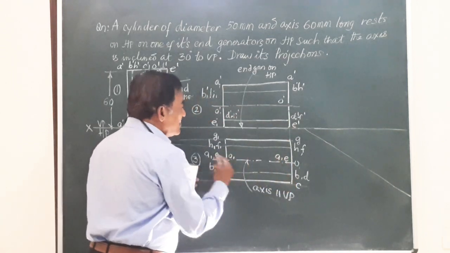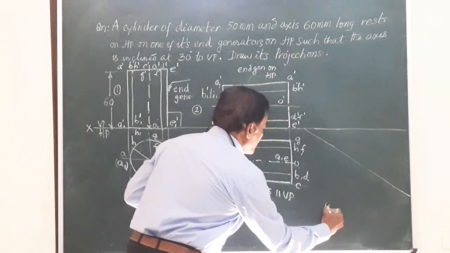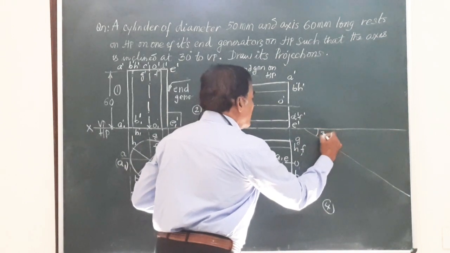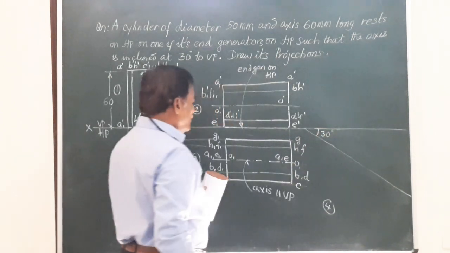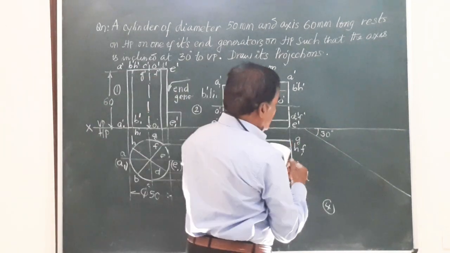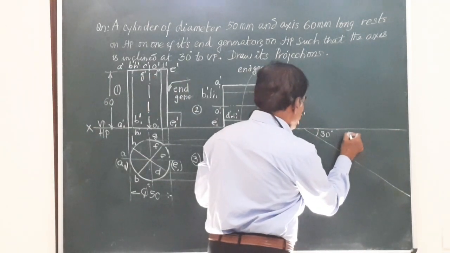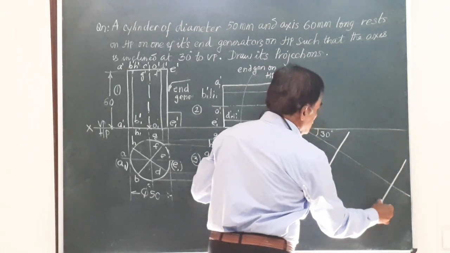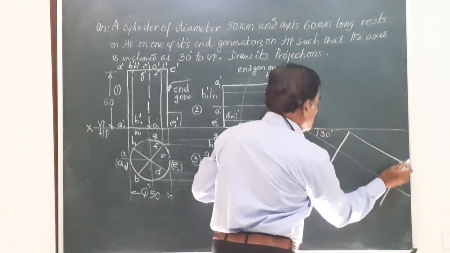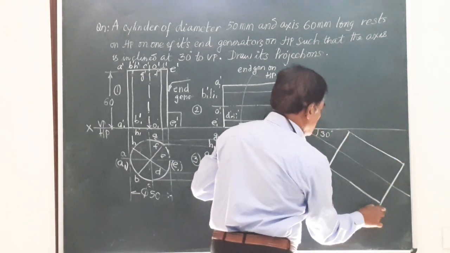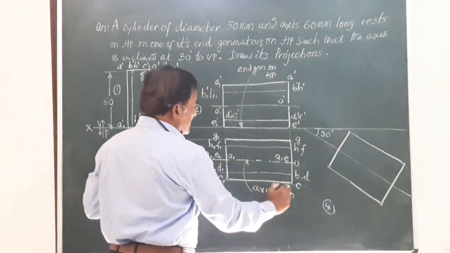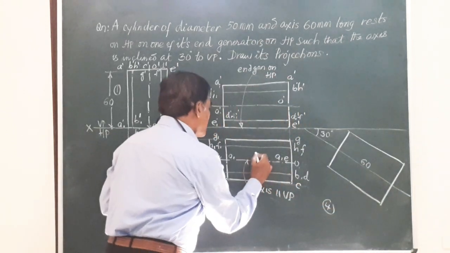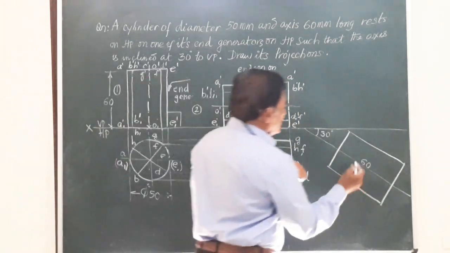So I am going to redraw this figure 3 as figure number 4 with the same dimension. Only the thing is, this is to be drawn on a line inclined at an angle of 30 degrees to VP. So this figure I am drawing like this. So let me complete that figure. The same rectangle, the height is 60, that this is going to be 60. For clarification, just write down here 60, this is also 60. The last lines, all these lines I will draw.